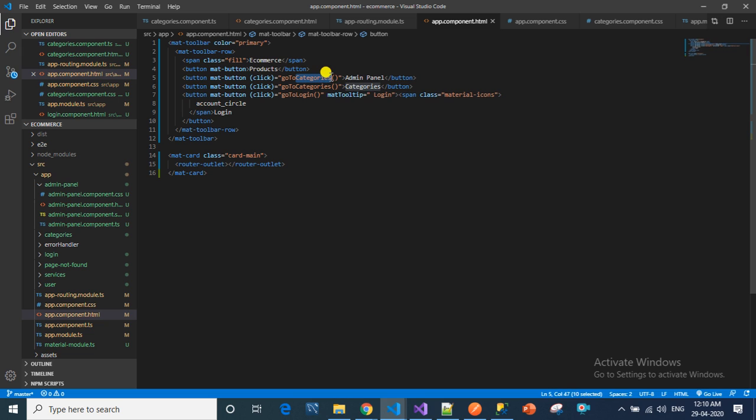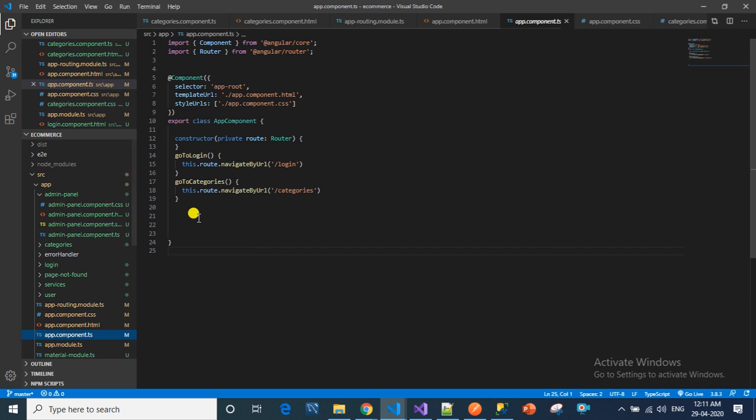Now we'll create a method called go to admin panel. When the user clicks on this admin panel button, this method will be fired.